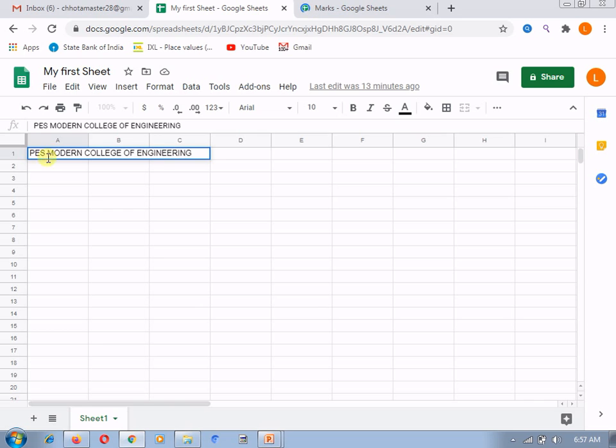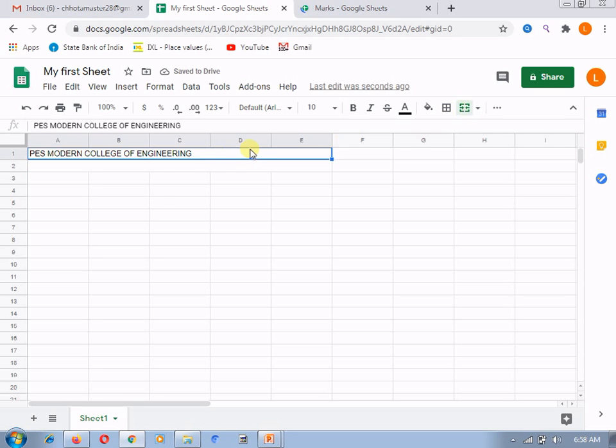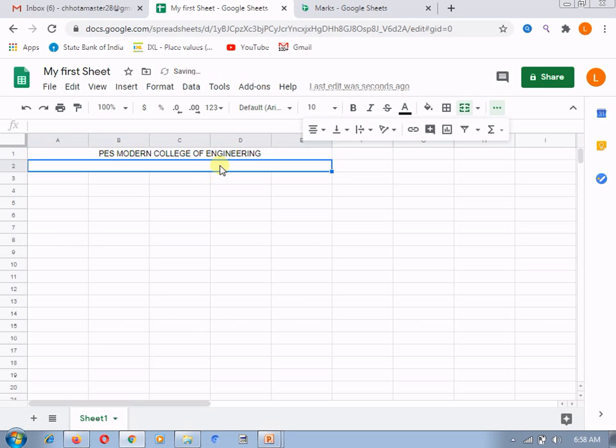I am going to merge these cells, and after that my next cell is about the academic year, for example. Here I am again merging these cells. I want both cells aligned to the center, so the text should appear in the center, and here I am giving the academic year